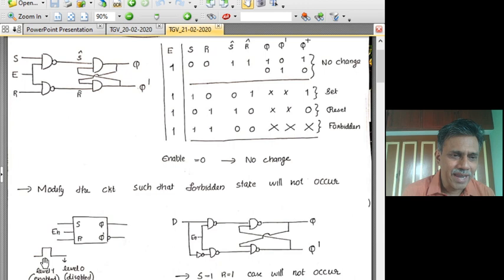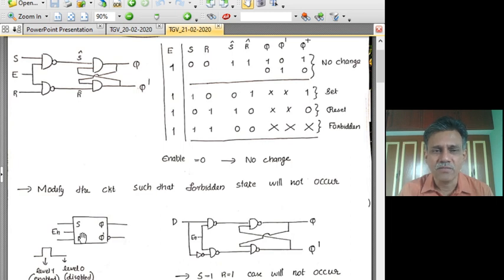When a level of 1 enables the latch and makes it work, a level of 0 disables it. So we call these level triggered flip-flops, or just latches. Now, one thing that is troubling us so far is that there is a state called the forbidden state. We have to always ensure that certain input combinations do not occur, whether it is an SR latch or an S bar R bar latch. But that is not always possible. What if we accidentally feed in a forbidden input?